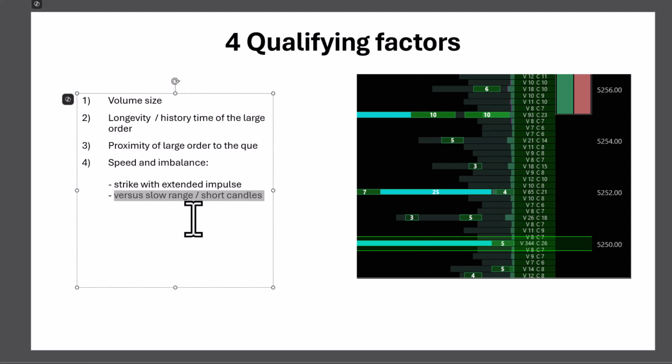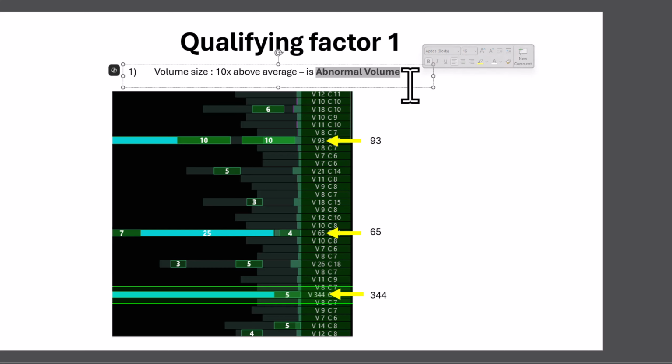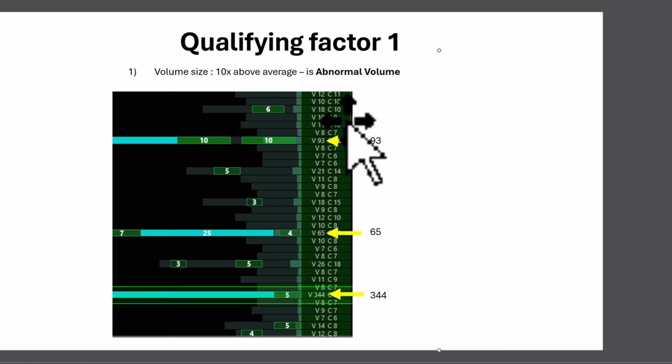Do you guys see this slide? Let me make it larger. So for example, you see what I'm saying: abnormal. It's a priority factor for me. Like if above there are 8, 11, 10, 18, 10 again, then I multiply the average of this by 10 and I see that this particular level,